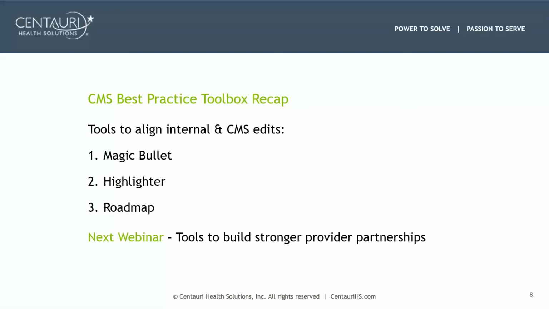So, to summarize, in part one, we focused on some tools to help maximize data completeness and accuracy that are even more important now with the impending transition to 100% EDPS risk-based scores. In part two, we will turn our attention to tools for building stronger provider partnerships. They too have an important role as the transition to 100% EDPS risk-based scores continues, so be sure to continue building your toolbox by tuning in for part two.